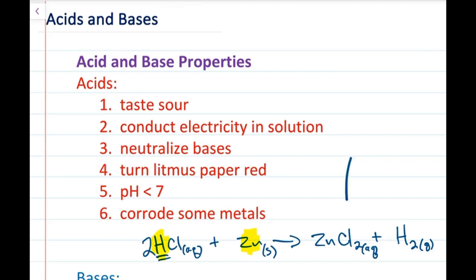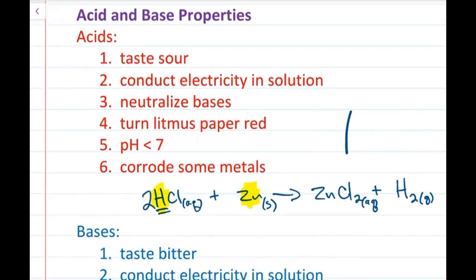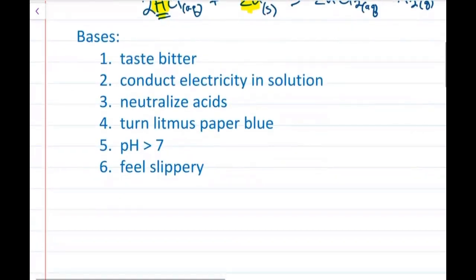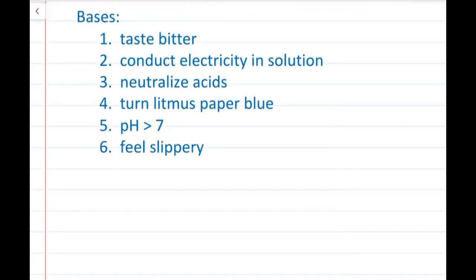Bases. Bases are bitter. They don't taste sour, they taste bitter. And that's an important evolutionary adaptation for animals to taste bases as bitter because bases are often associated with poisons found in nature. So if you think about a lot of the chemicals that plants have to ward off insects and other animals, things like caffeine, the THC that's found in marijuana, nicotine that's found in tobacco plants, all of those are actually just